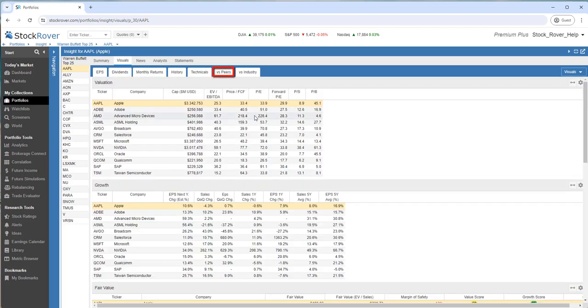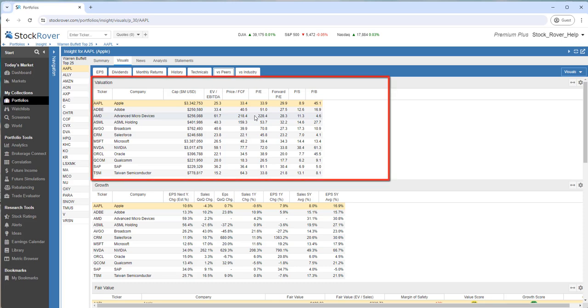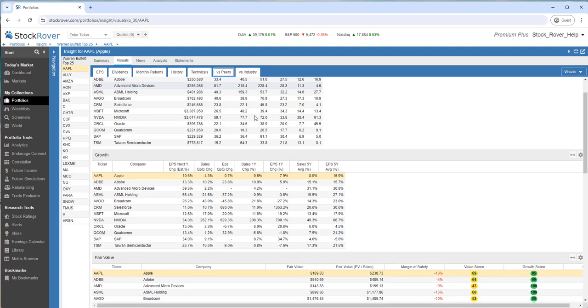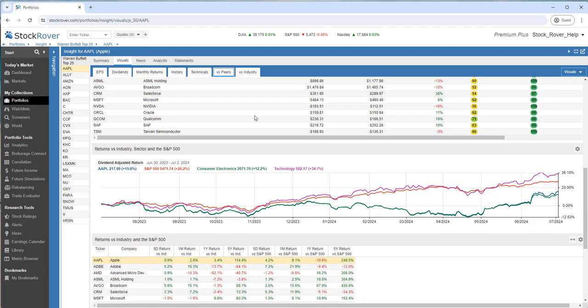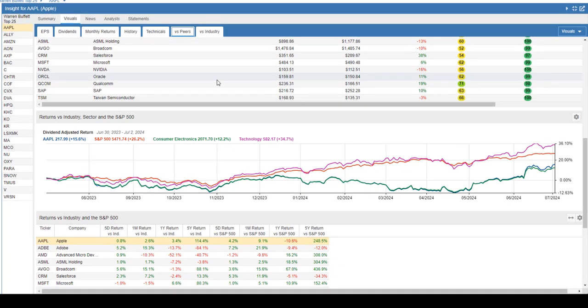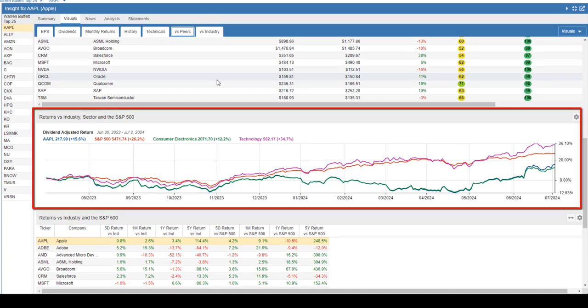The Versus Peer tab contains extensive information about a stock versus its closest peers. There are 5 separate tables and a chart. The first 3 tables show how the stock compares to its peers along key metrics in the categories of valuation, growth, and fair value. Then a chart follows that shows the performance of the stock versus its industry, sector, and the